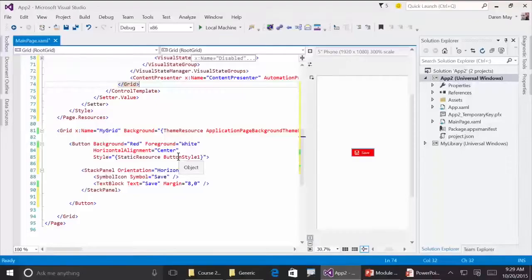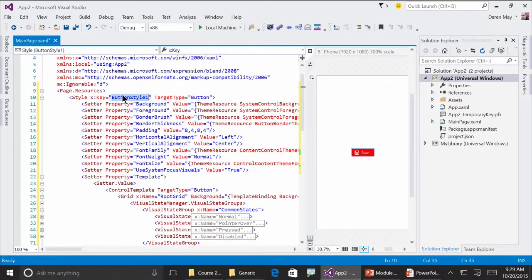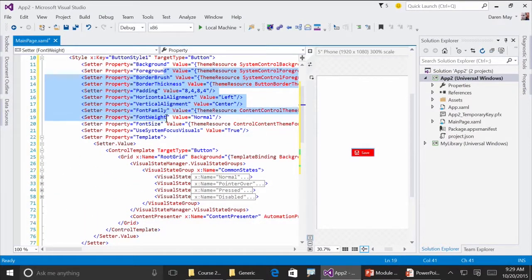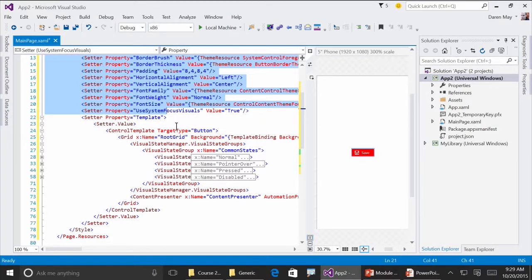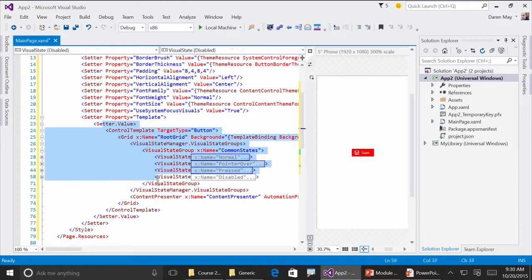Comments. All right, so let's go and look at it. So again, here's my button. It points to button style 1. This is button style 1 that was just brought in. It set all these default properties, which are great because now I can go in and change those if I want to, or leave them alone. Looks uncannily similar to the generic.xaml you were just looking at. That's right. And then here are all the